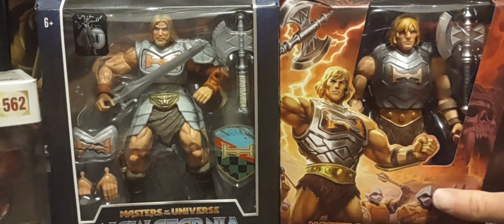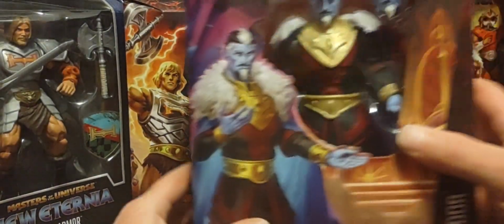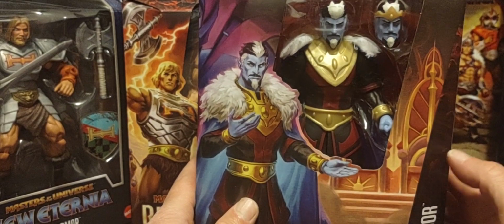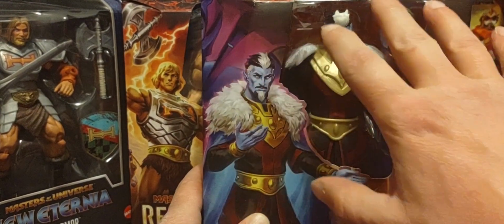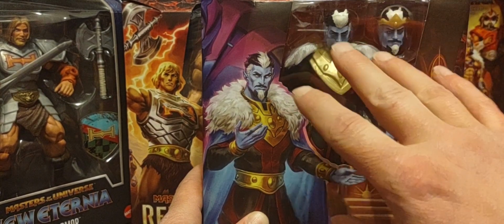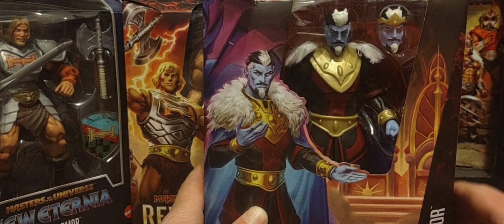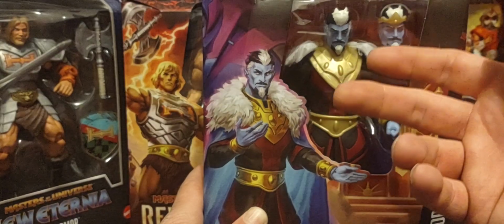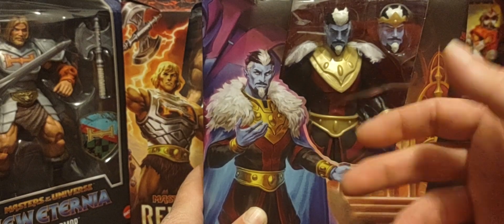And tomorrow on the channel, we'll look at the Revolution King Keldor. We'll remove him like we did He-Man here. We'll just remove him from the packaging and take a nice close look at the figure. Of course, we did get one Keldor in the more updated Masters of the Universe toy line, and that is the Origins version, the 2-pack with Cronus. We'll take a look at that version of